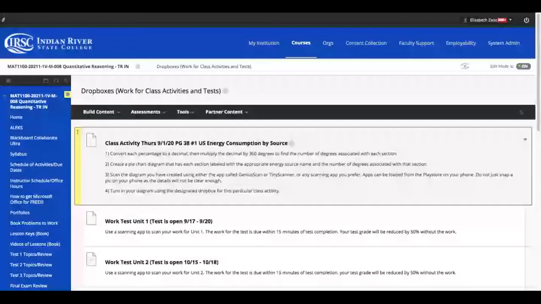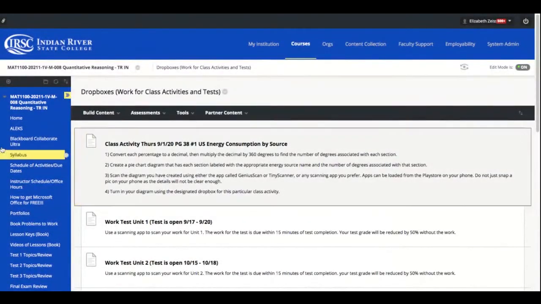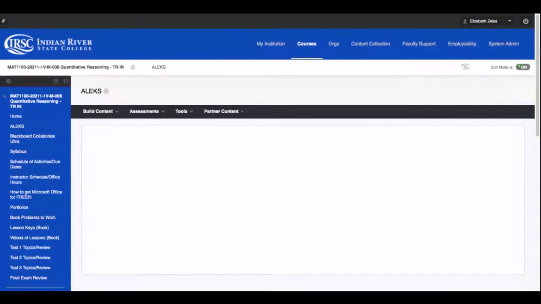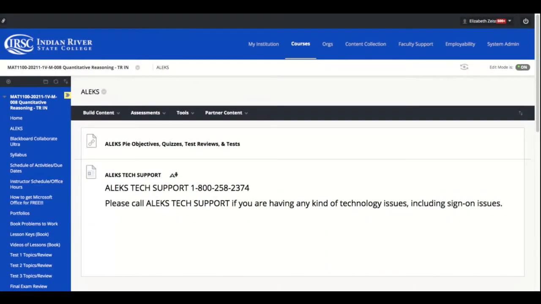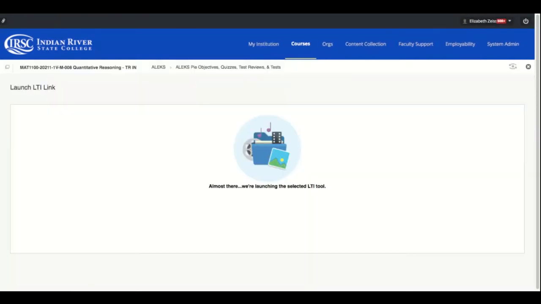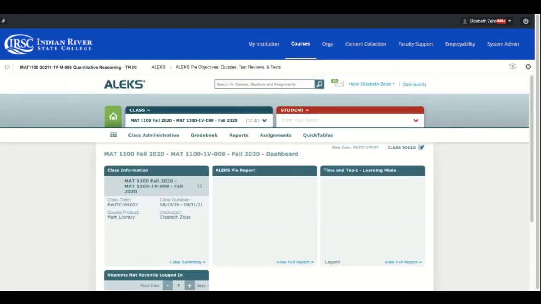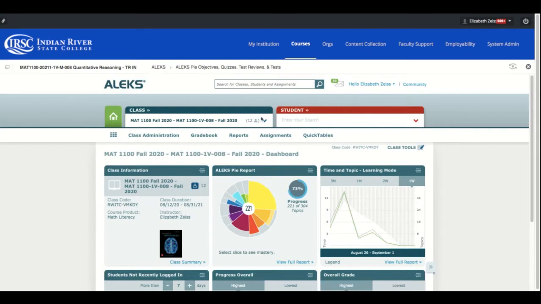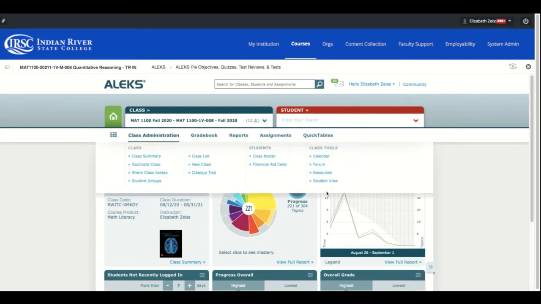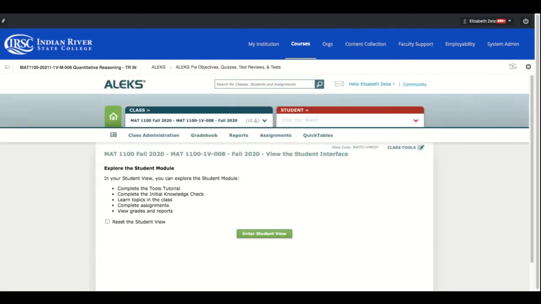Okay, so here is your Blackboard shell. So if you're trying to look at the book, you can get it right in Alex by pressing the Alex link, coming over here to where you get into Alex. Notice that I put a tech support number there for those of you that might run into some kind of problem. Let me go into student view, which is the way your page appears to you when you're in Alex. And if you wanted to pull up certain pages in the book,